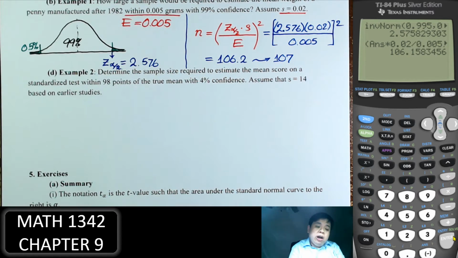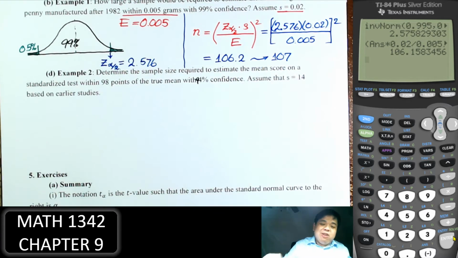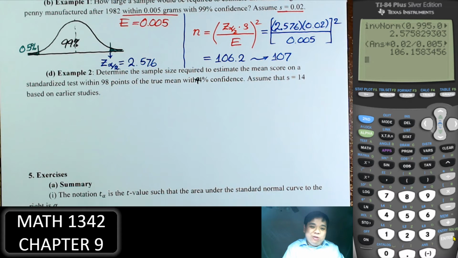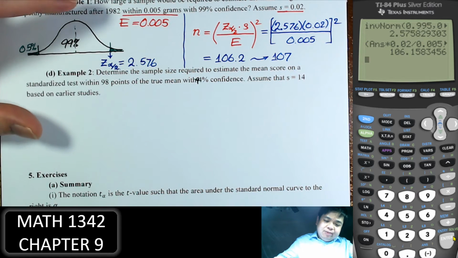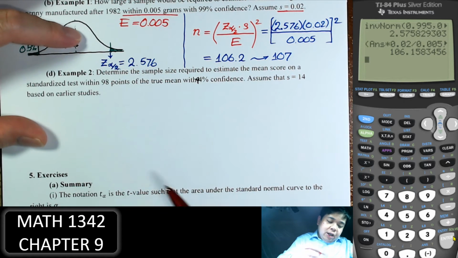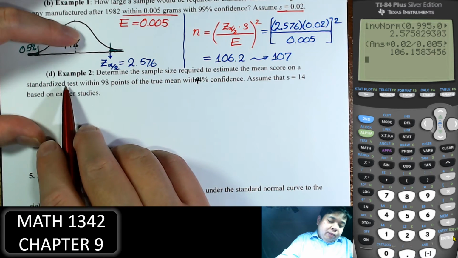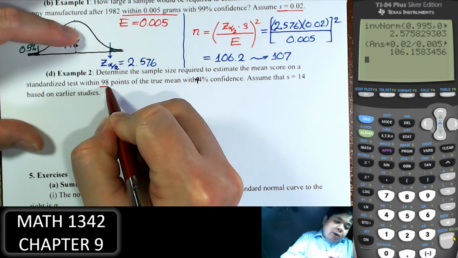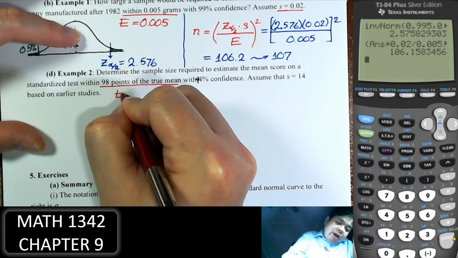Another example. Determine the sample size required to estimate the mean score on a standardized test within 98 points of the true mean with 94% confidence. Assume s is equal to 14 based on prior studies. So within 98 points of the true mean, so the margin of error is 98,